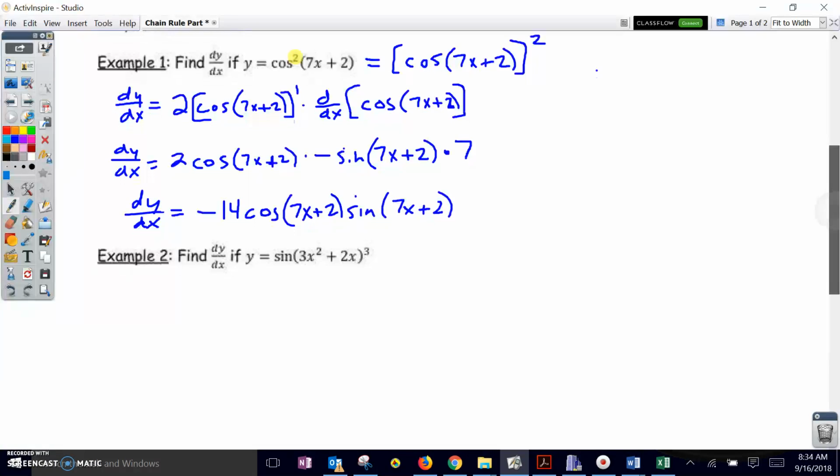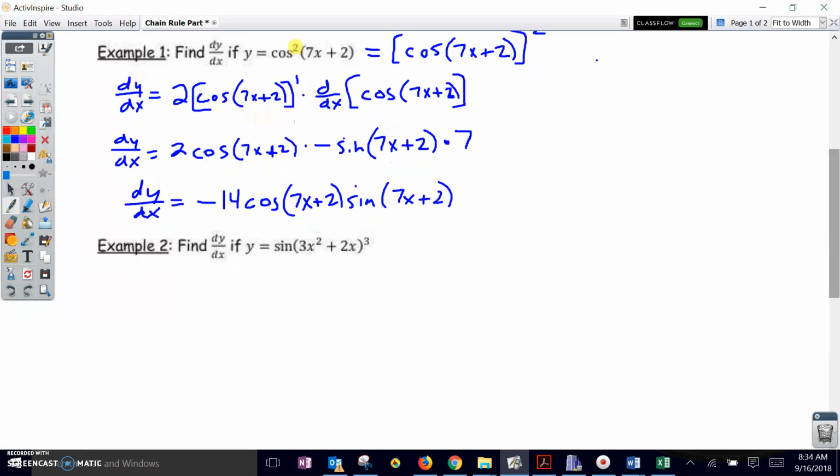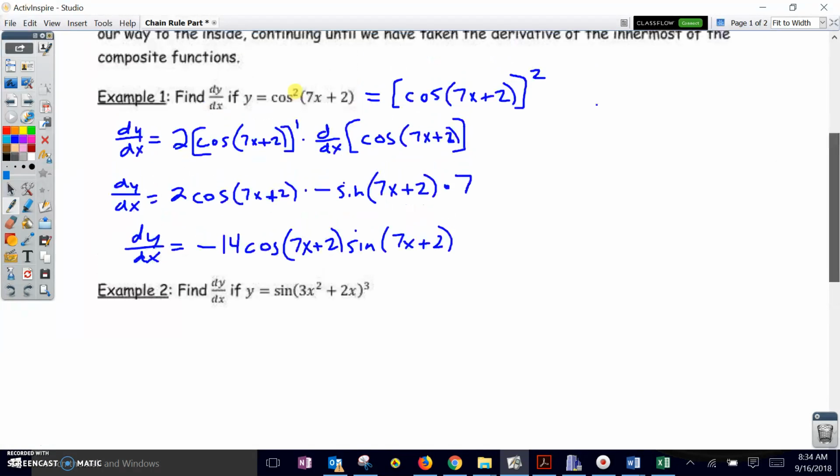Example 2. Find dy dx if y equals sine of the quantity 3x squared plus 2x to the third power. Notice the difference between this and example 1. In example 1, the cosine function was being raised to the second power, whereas here in example 2, only what's inside the parentheses is being raised to the third power. And that means that my outermost function in this example is the sine function. And so when I go to find the derivative, I take the derivative of the outside, leaving the inside the same,